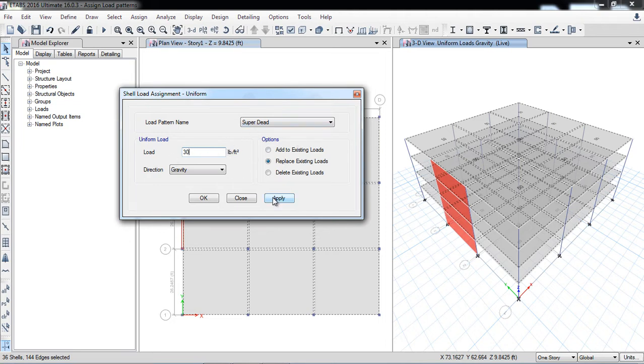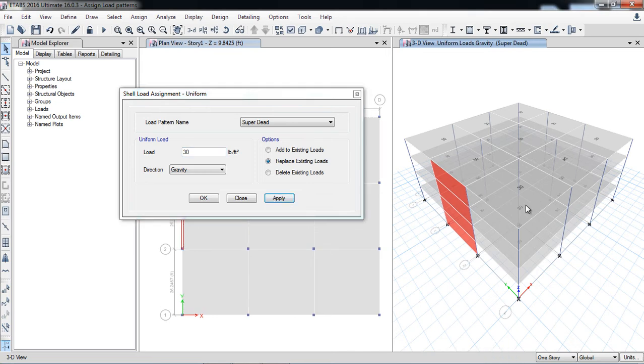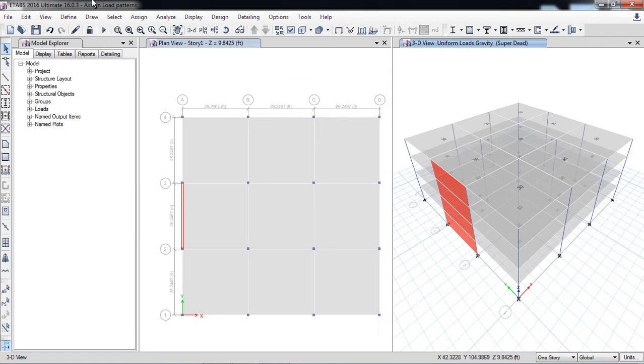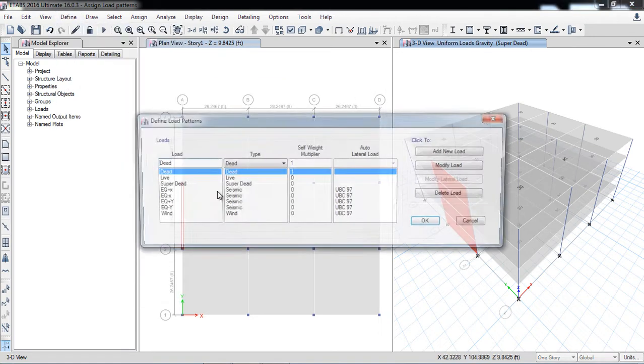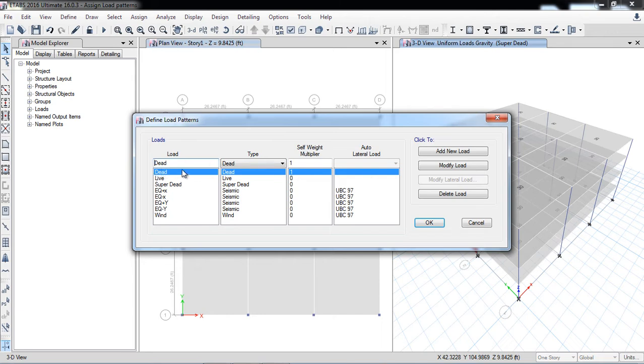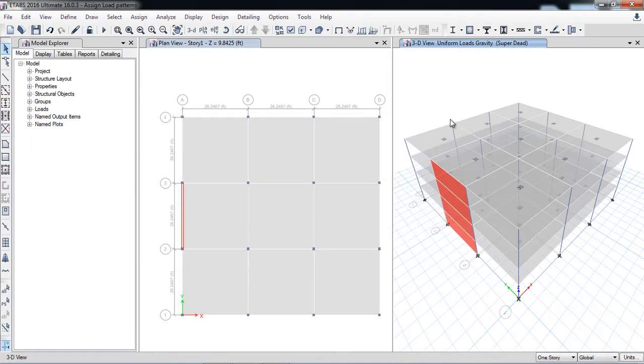Apply. Here I have applied the super dead load and live load, and the dead load, the software automatically calculates the self weight of the whole structure, because we have applied the self weight multiplier in the load patterns. In the load patterns we have applied the dead load self weight multiplier 1, so the software automatically calculates the self weight of the whole building. Now for applying